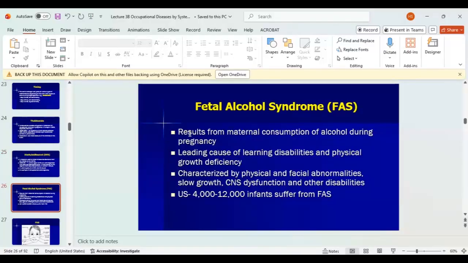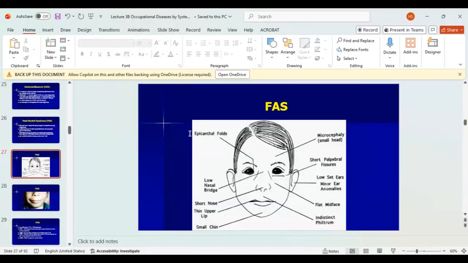There is mention also in the literature of fetal alcohol syndrome, and it's one of the leading causes of disabilities and all of that. There are a lot of facial abnormalities, and we have information for the US. So for FAS, the face, you have a lot of facial